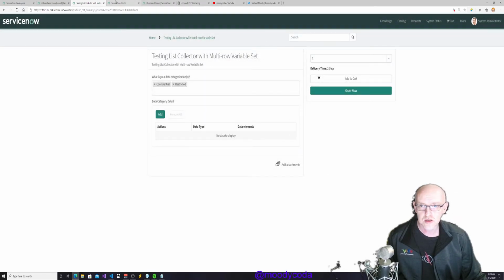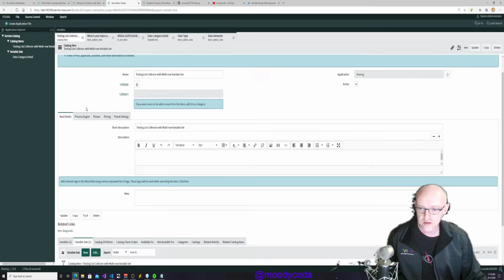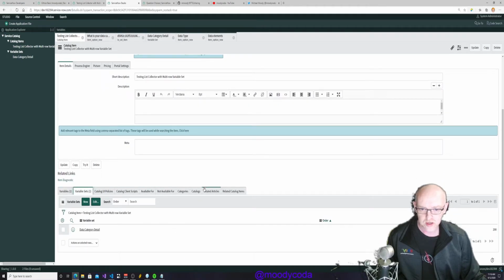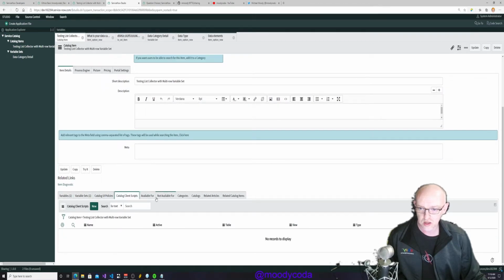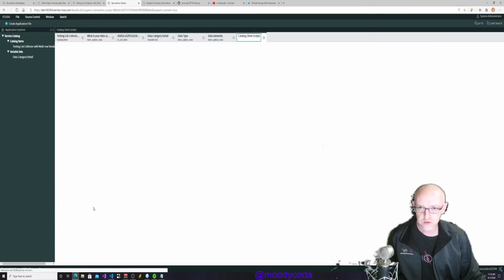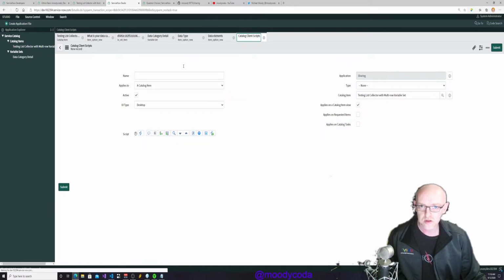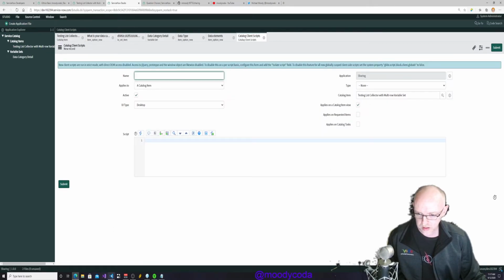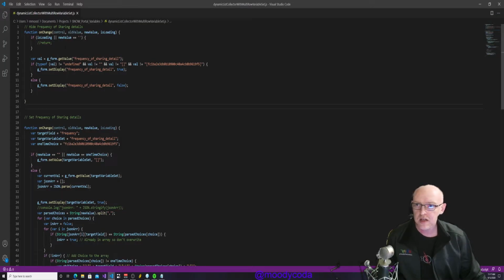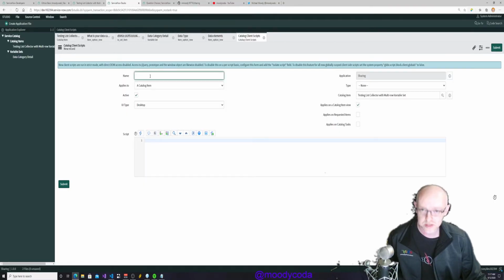So let me see here. We'll go back into Studio, and under the catalog item, we'll want to go ahead and create a couple of catalog client scripts to control this behavior. The first one we'll create is responsible for hiding and showing the variable set on demand as needed. I already went ahead and wrote this code, so I'll just copy and paste. You don't have to watch me type it in. So here's a hide, and we're going to change this to our field type. So we'll say data,